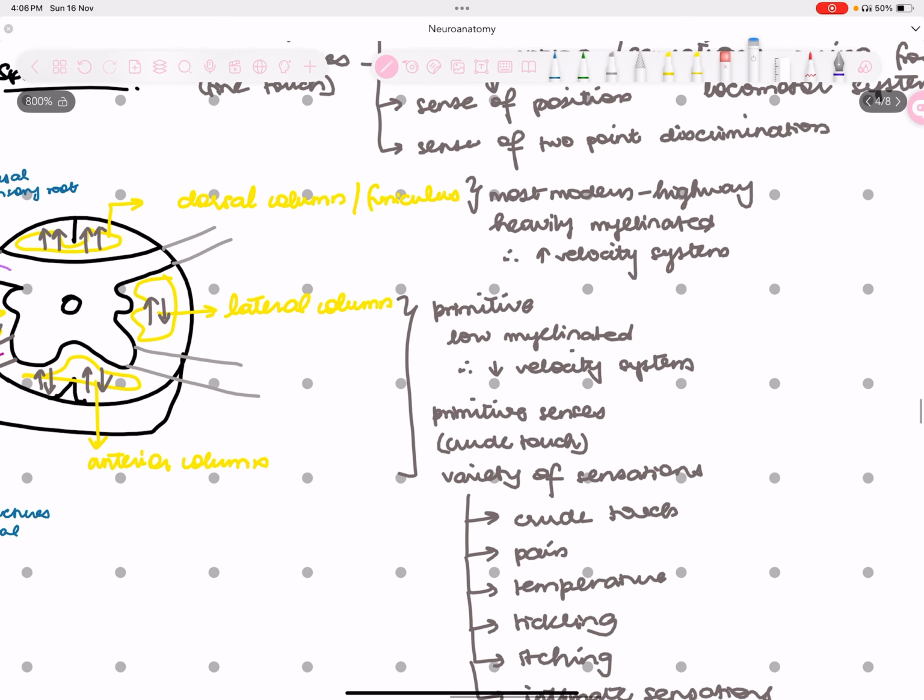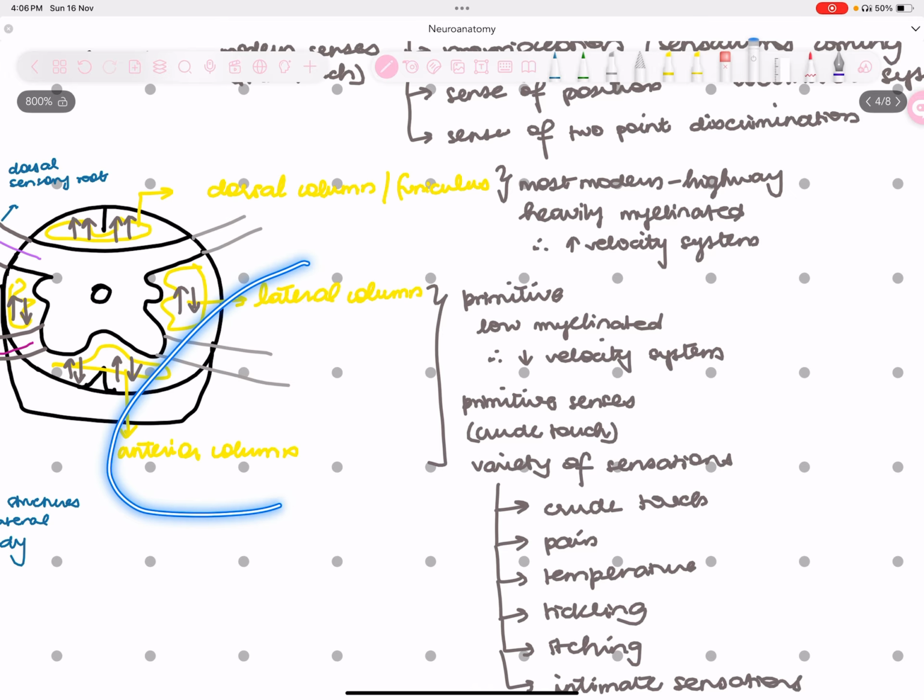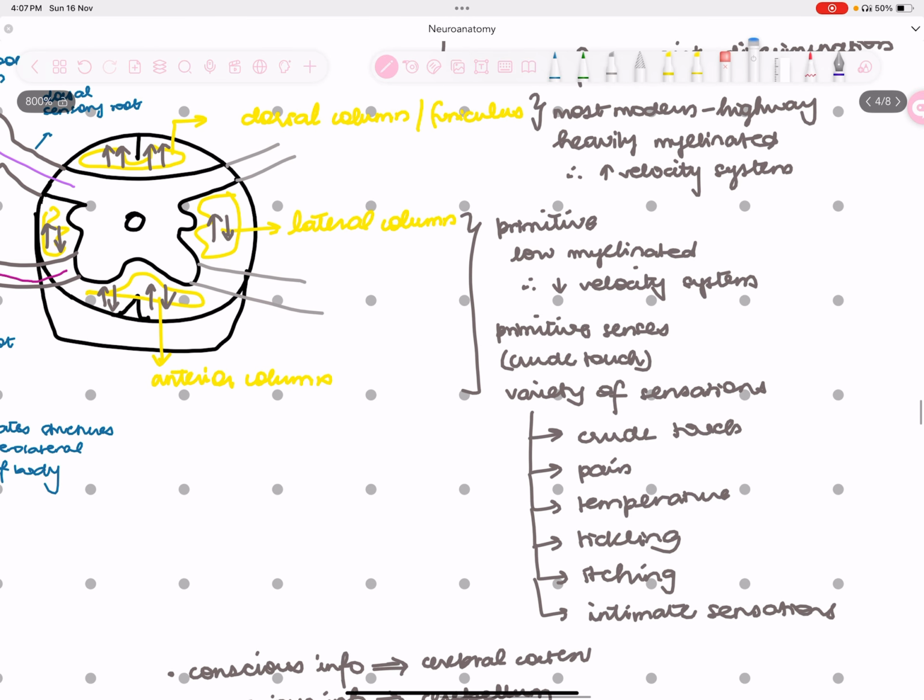Now moving forward, when you talk about anterolateral, I'm just grouping them together. Anterolateral is primitive. Every sensation from olden days, for example pain and temperature, is not a recent discovery. These were present even with the first person, who also experienced pain and temperature. So this is a very old sensation, the same as intimate sensations. That's the reason the generations were able to be carried forward.